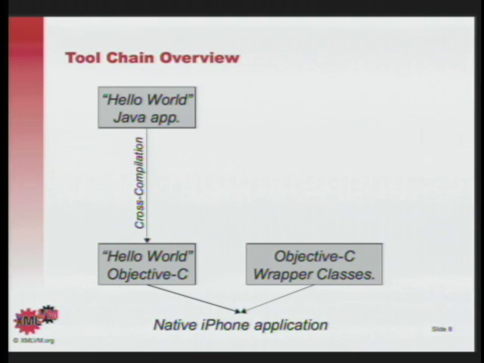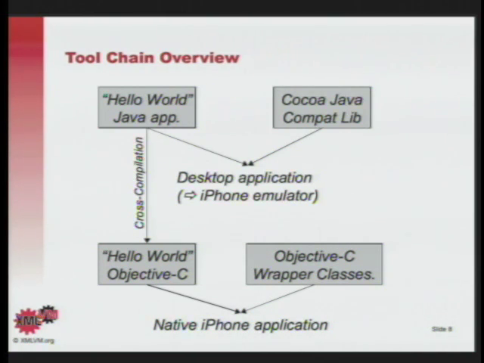Now, if you remember, even the little Hello World application I had on the previous slide was making use of a class called UI screen, UI window, UI label. Now what you can do, and that is what I have now on the slide here, is you can actually provide a Java-only implementation of these classes. So if you have a class like UI window, instead of just having a skeleton, why not just implement it also based, for example, on Java 2D? What you end up with is a 100% pure Java version of your iPhone application that you can run on any platform. So any platform that supports Java, you can now run, basically it's our own Java-based iPhone emulator that allows you to run your Java-based iPhone applications.